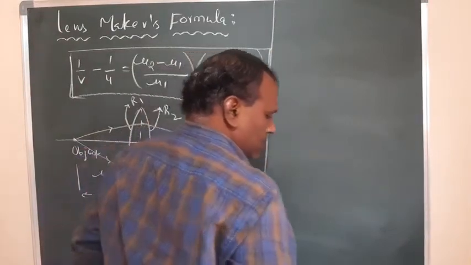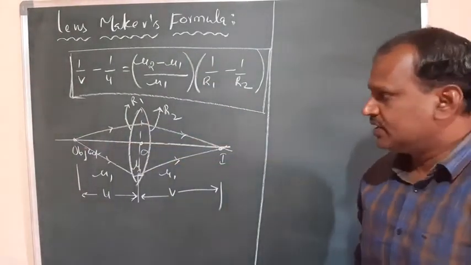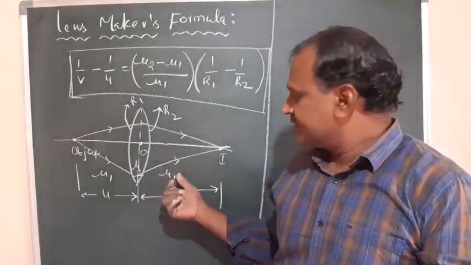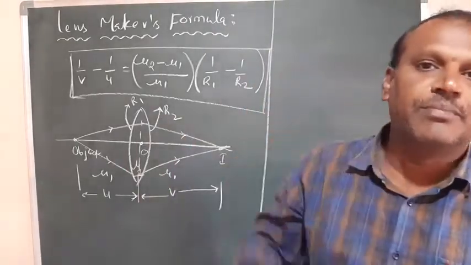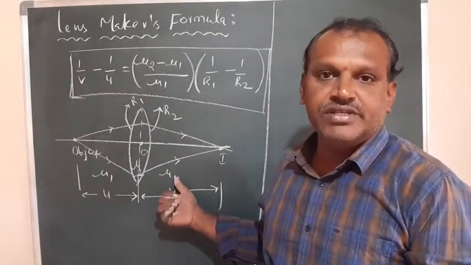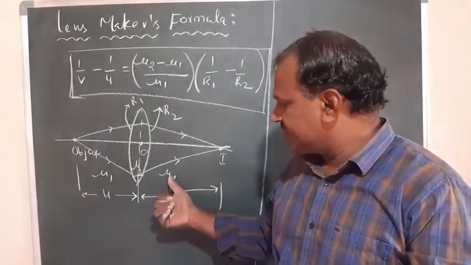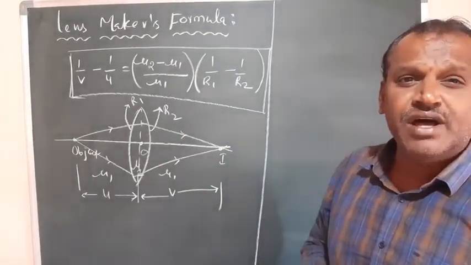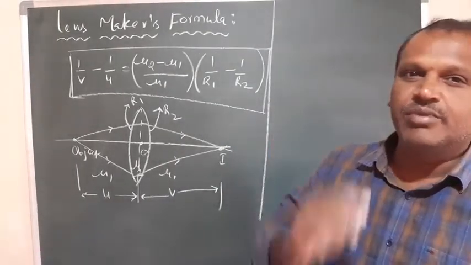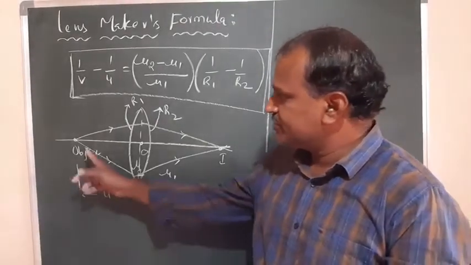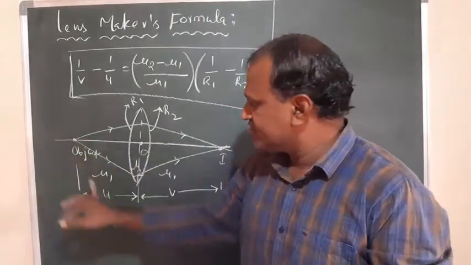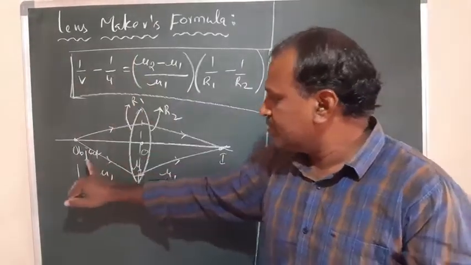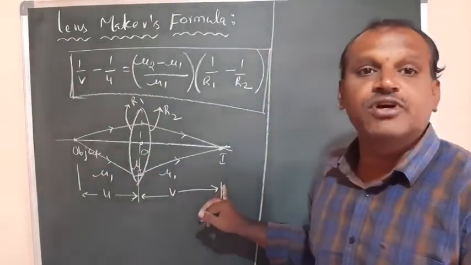In this, there is some information that we can modify. If the medium outside of the lens, mu1, is air, what is the refractive index of air? It is 1, right? So I can replace mu1 with 1 for air medium or free space. Or else, suppose the object is at infinity, so the object distance u is infinity, and anything divided by infinity is 0. When the object is at infinity, the image is formed at the focus, which is the focal length.